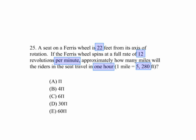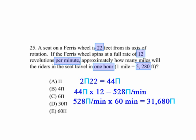First, we need to find the circumference of this Ferris wheel. Well, 2 pi r is our formula for circumference, so that would be 2 pi times 22, since 22 is the radius, telling us the circumference is 44 pi. It's doing 12 revolutions per minute. We multiply that 44 pi times 12, and we find that 528 pi per minute is the distance it's going to travel per minute. Well, there's 60 minutes in an hour, so 60 times 528 pi